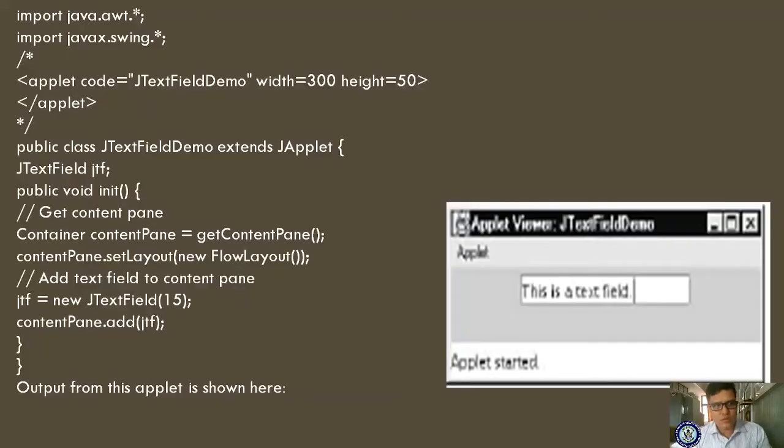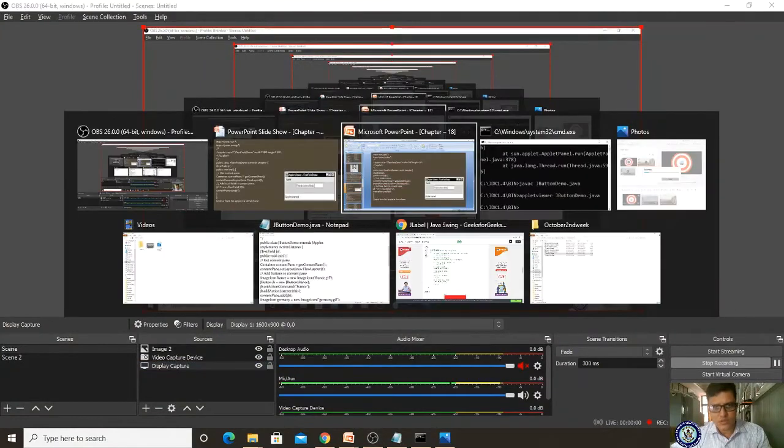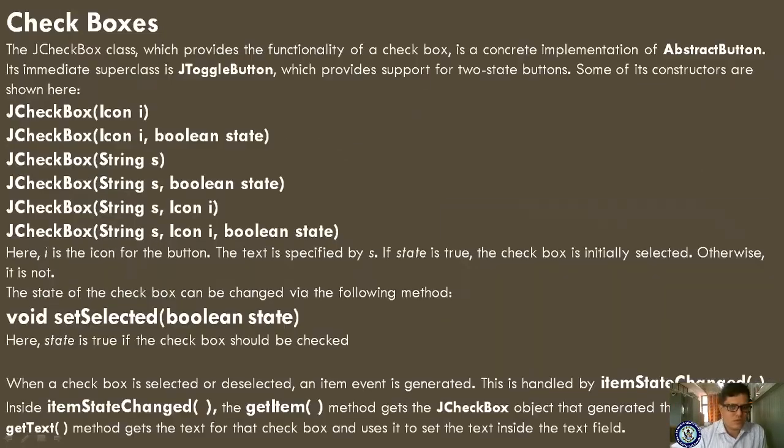Yes, so next we will see the next concept. Our next concept is checkboxes. Let us see the checkboxes. Already we have learned this checkbox concept in applets. Once again we are learning the same control in Swing components, Swing topics. Let us see checkboxes.